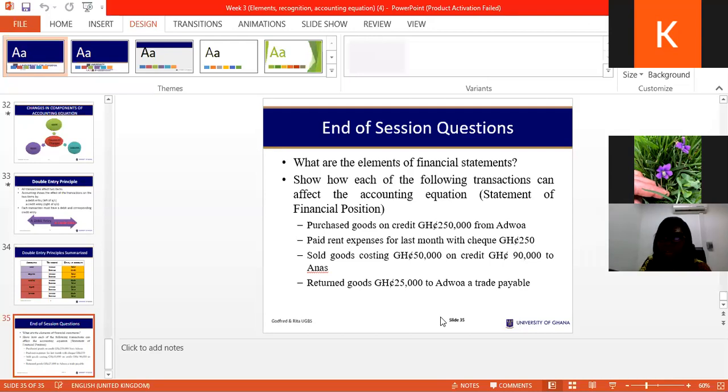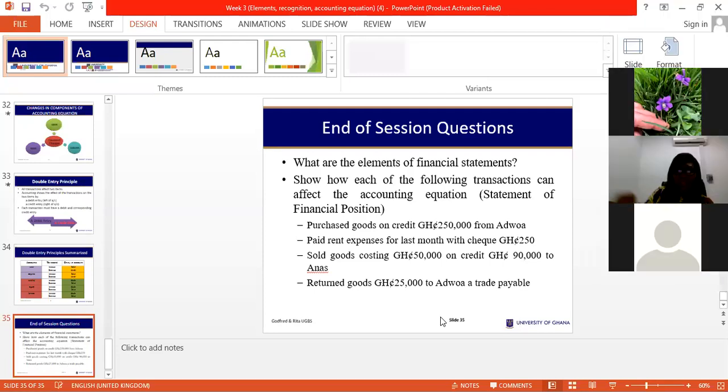Yes. The answer is yes, because it has gone to Ajua and purchased it. The agreement is that I don't have money to pay now, so you give it to me, I'll pay later. Ajua has willingly agreed to give it to the business. So immediately the business purchased the goods, it means the goods are within the business. And that is an increase in assets. Remember inventory. Inventory is a current asset. So your number of goods have increased.